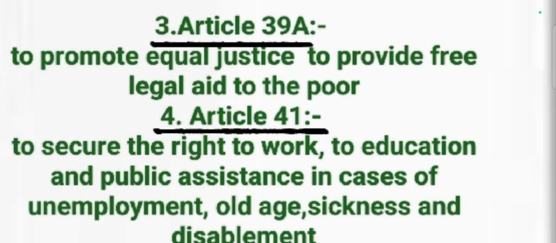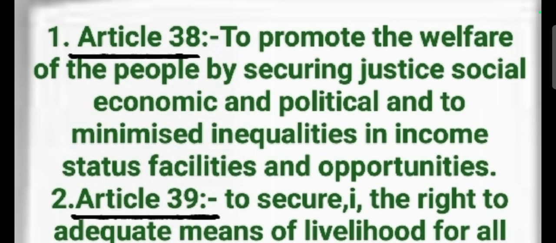The main aim is to get the welfare state by promoting the socialistic principles on the basis of the directive principles of state policy. There are some articles under the socialistic principles. The first one is Article 38. According to Article 38 of the DPSP, the state promotes the welfare of the people by securing a social order based on social justice, economic justice, and political justice. One of the main aims under Article 38 is to minimize the inequalities.